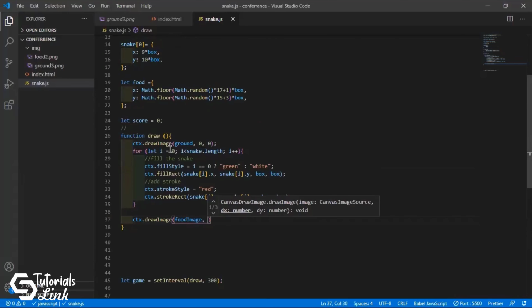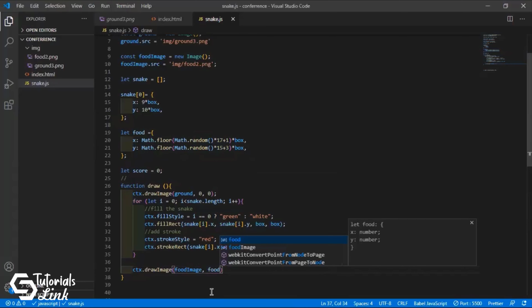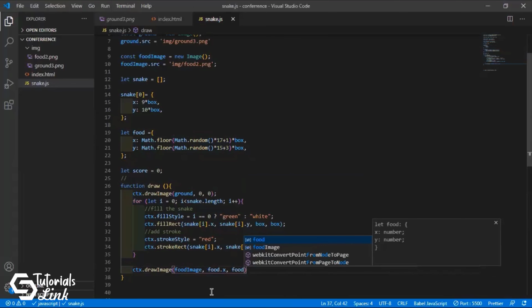If you remember, it will be placed here. The x coordinate should be food.x and the y coordinate should be food.y, generated from random values.